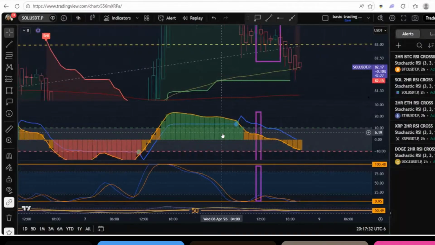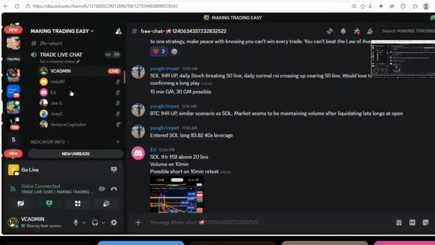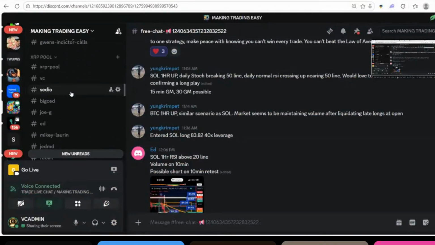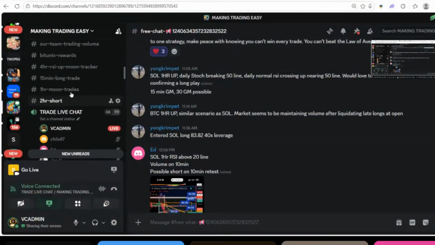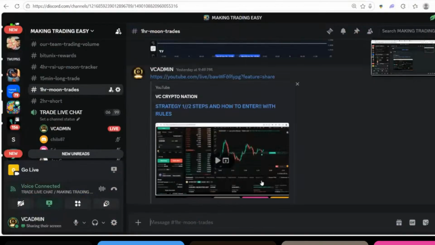First of all, we have very specific things that we trade, guys. And if you're on TikTok right now, we have these indicators here. It's called the moon indicator. And right here, we can see that the moon indicator has a blue moon on the 1 hour. So when we look in the Discord, let's pull up the Discord here, and look at any of the trades that we're looking for, right? So here's a 1 hour moon trades.